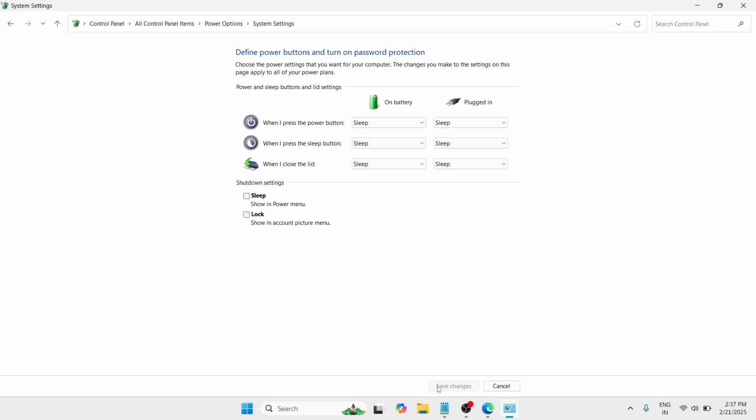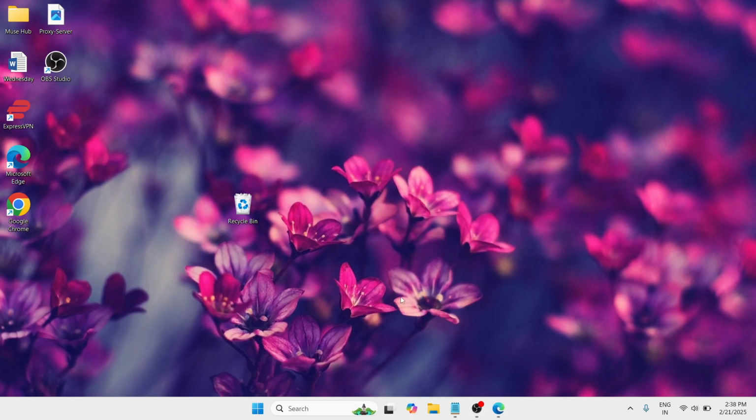So once you're done with the system settings, simply close this window and you need to restart your computer. And once you have restarted your computer, check if your Bluetooth icon is now there. Okay? So let's say if it doesn't, then let's move on to the last and important step, which is you need